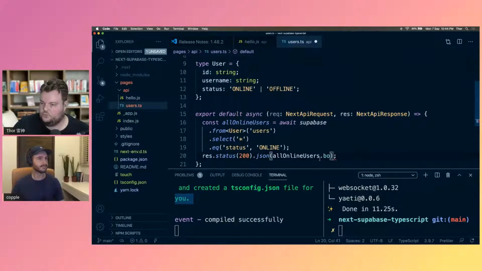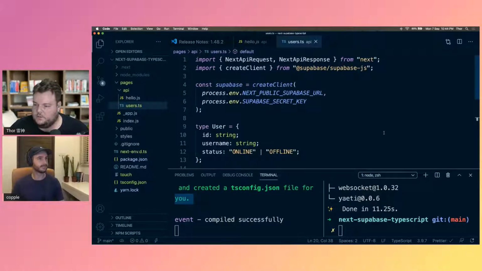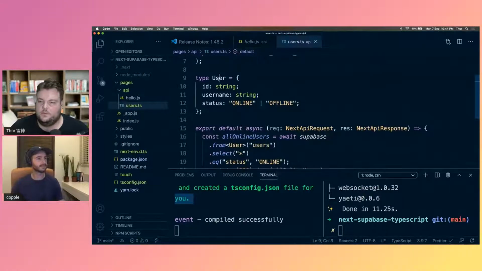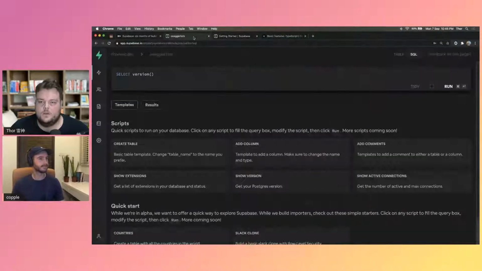Now, in order to get this running, we actually need to set up our table first, right? So we want a users table. So